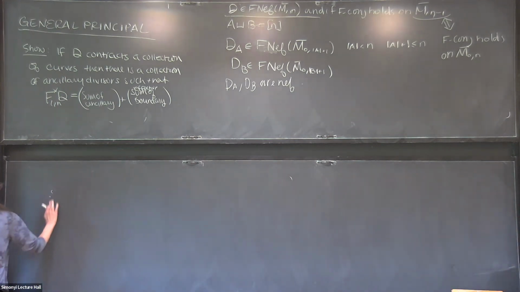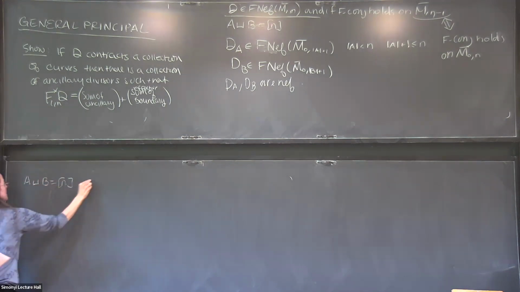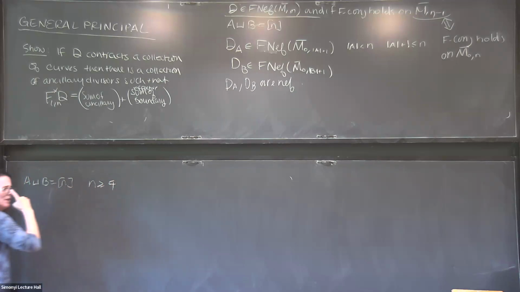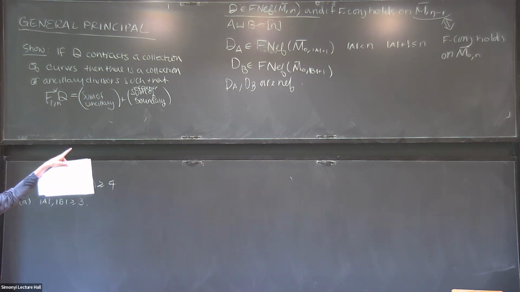There are three cases for this two partition. So if you have A union B is equal to N, and here we're assuming N is at least 4 so that we have divisors. And so in the first case, let's say that A and B both have at least 3 elements in them, so that those divisors are on M0,5 at least. I mean, sorry, that those divisors are,